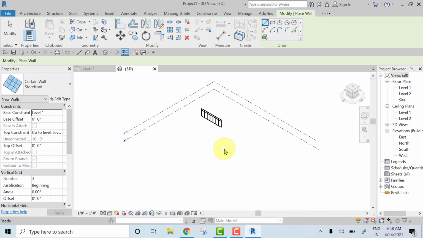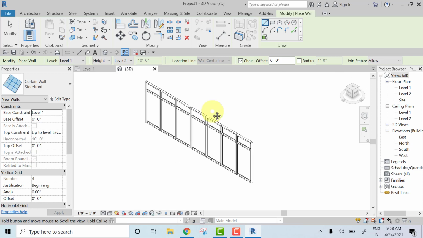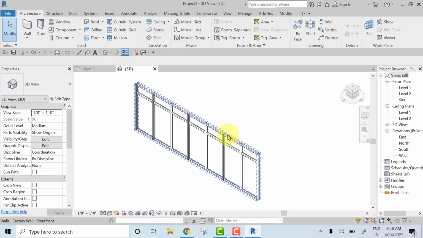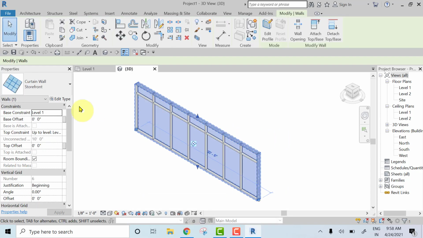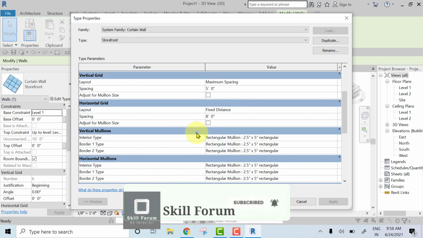Here we have to edit some of the elements to create round wooden log walls. For that, you select the curtain wall, then go to Edit Type. Once you go to Edit Type, observe carefully.